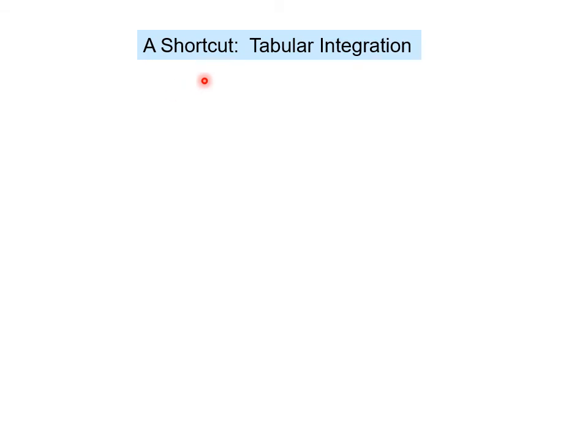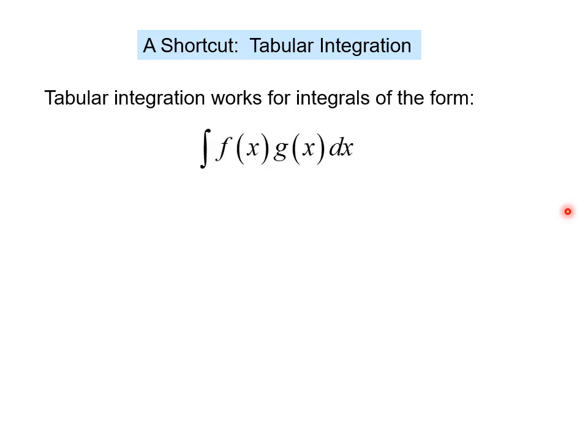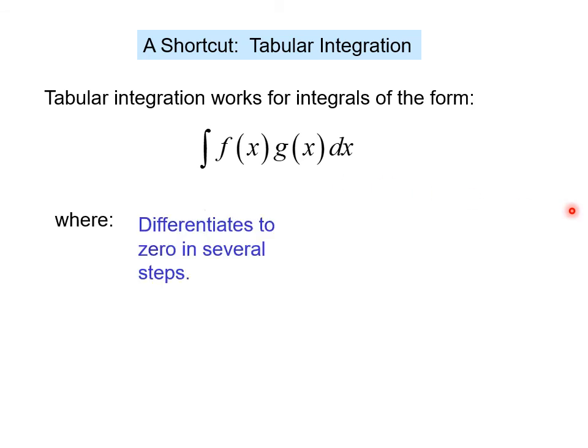You now have a shortcut called tabular integration. What is the meaning of tabular integration? We will see now. Tabular integration works for an integral of the form f(x) times g(x) dx, where we can differentiate f to 0 in several steps. For example, an algebraic or polynomial function like x power 4 becomes x power 3, x power 2, x, and 0, and g of x in the form